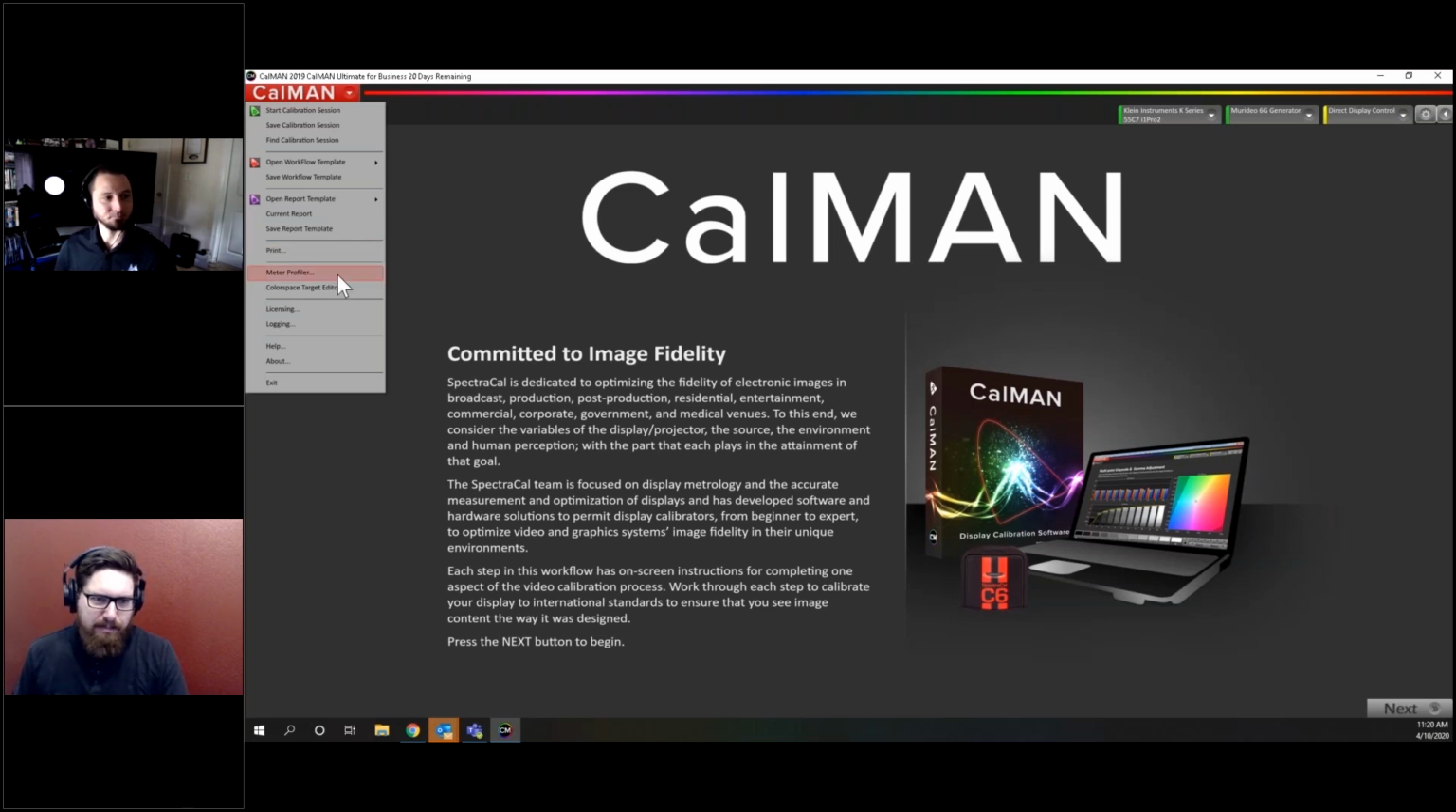Meter profiling can be accessed from here, or you can change color targets from here, but there are other ways in Calman that are usually preferred to do that. Now the licensing